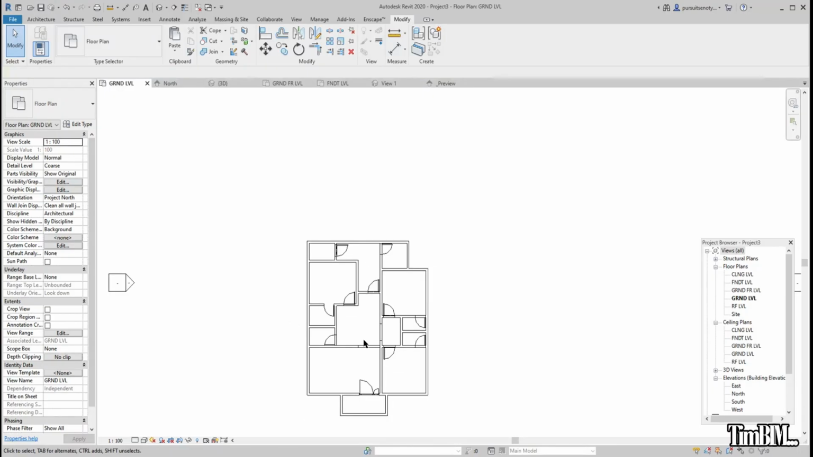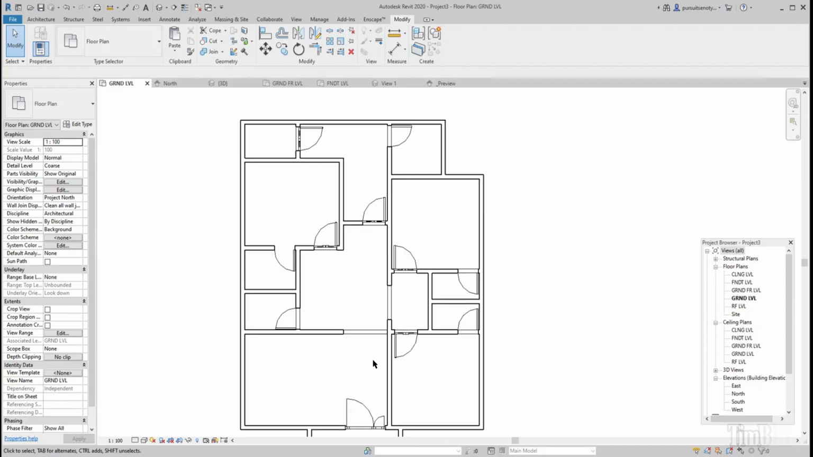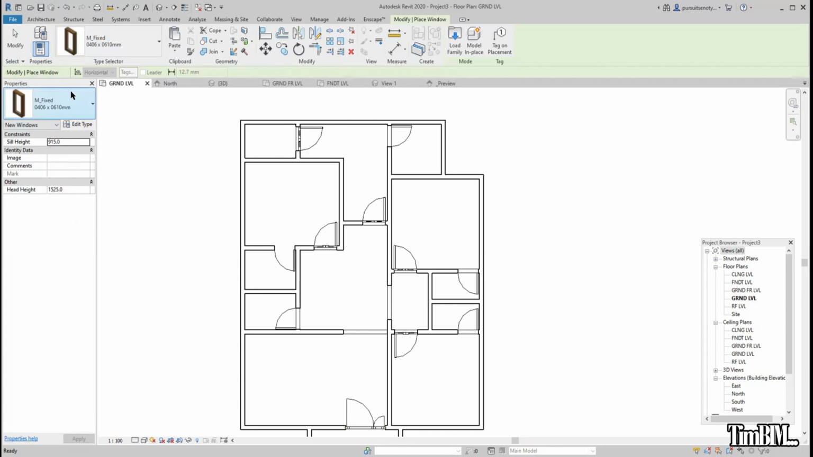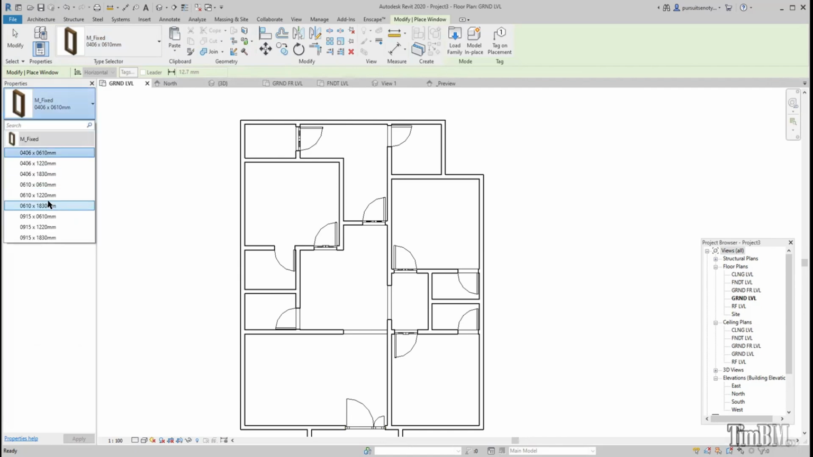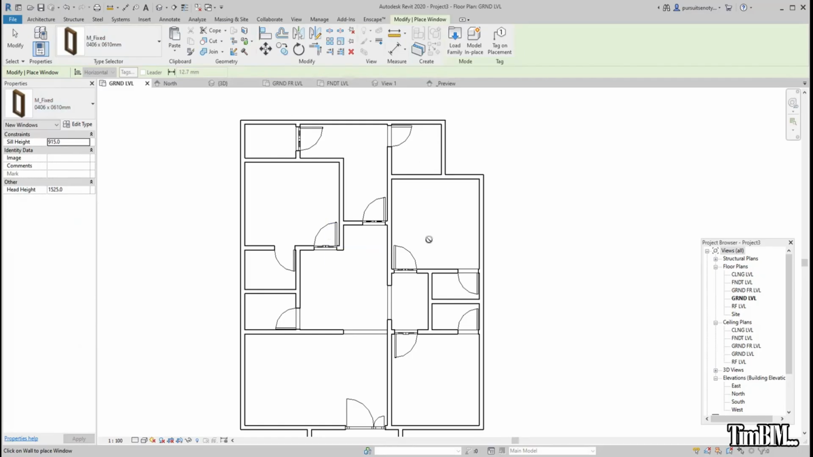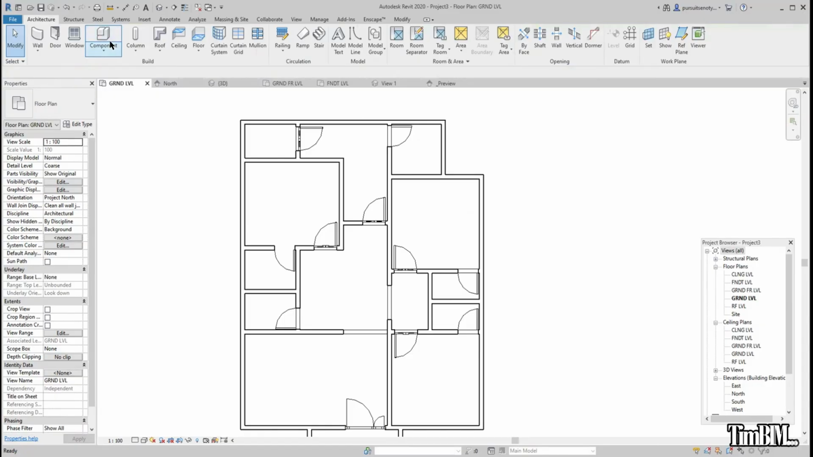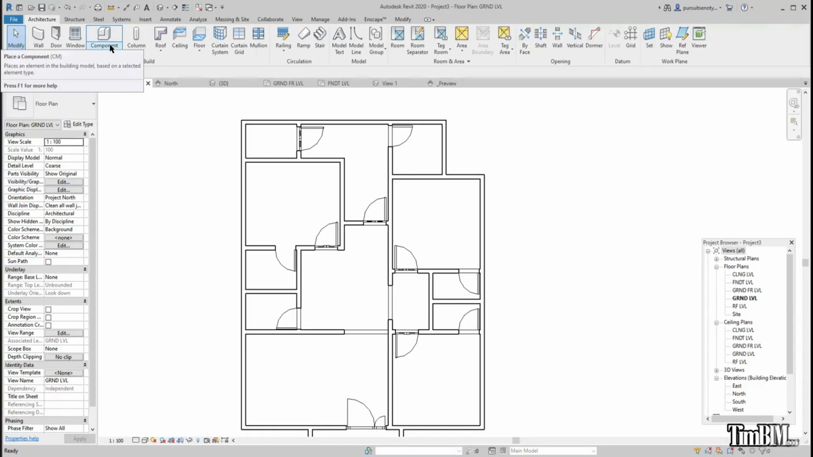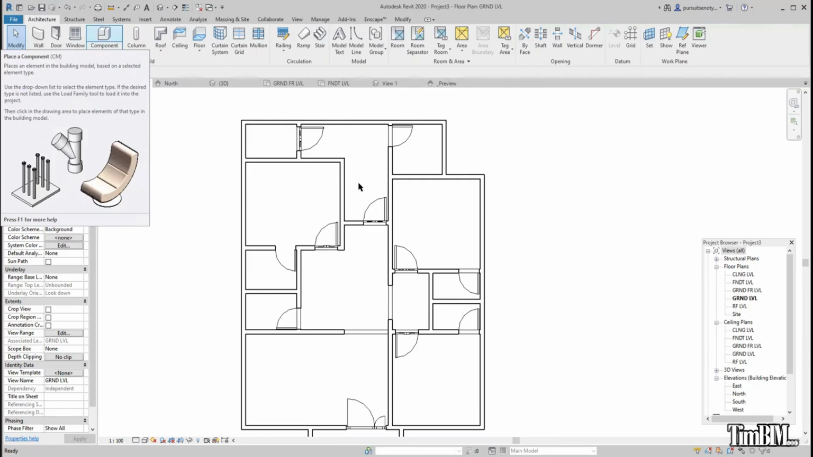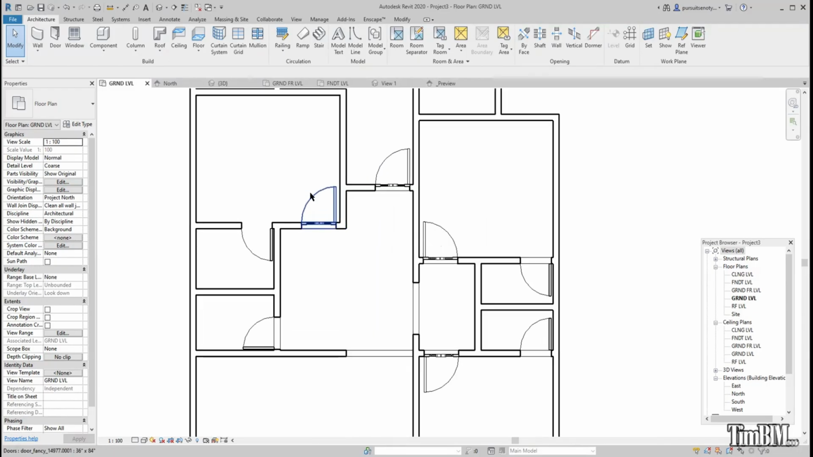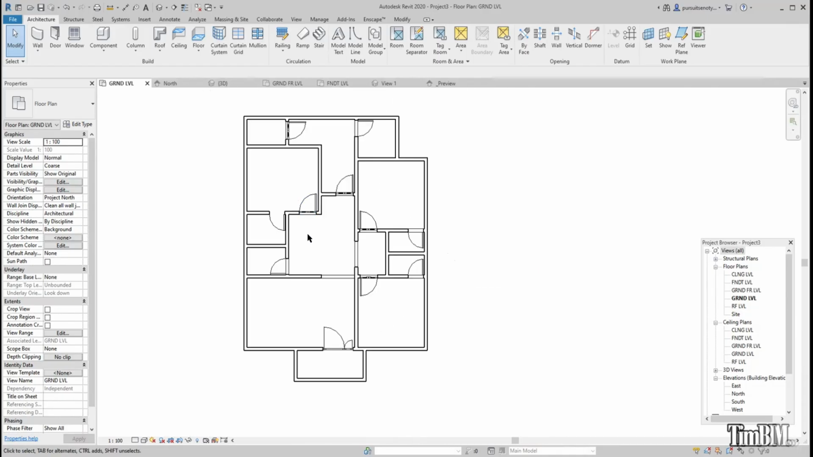So after placing those doors, then we go and place our windows. The windows too are done the same way. Either you click here and edit your window, you pick your window, edit and place it over here, or maybe you come to components and load your window into your design. But normally, what I mostly do, if I want a window, maybe a glass window, I use